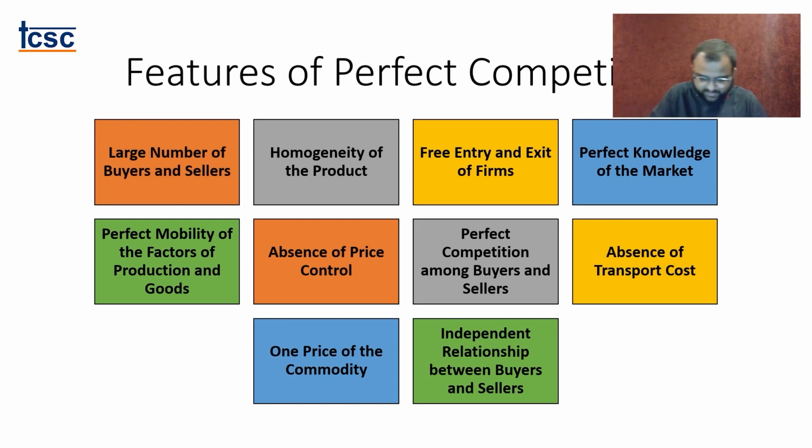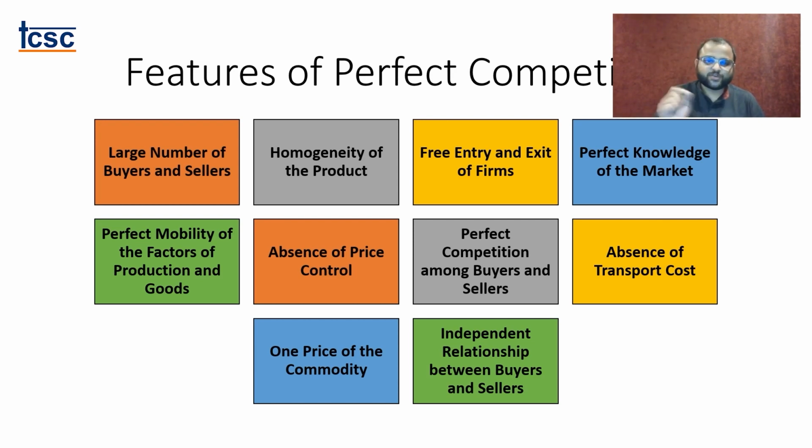What we also see here is that there is free entry and exit of firms. There is free entry at the point where the industry is going forward and earning profits, and there is exit from the market where they start earning losses. Now, it is quite common for firms to enter during profits and for firms to leave the market when there are losses. And therefore, this is a type of market which is characterized by normal profits throughout.